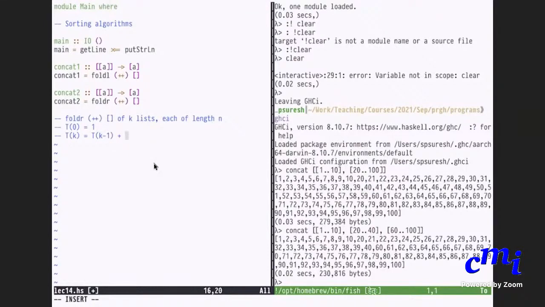So you have L colon the rest, else you have to do L plus plus fold R plus plus empty list of the rest. That is what you will do. That is the first step.